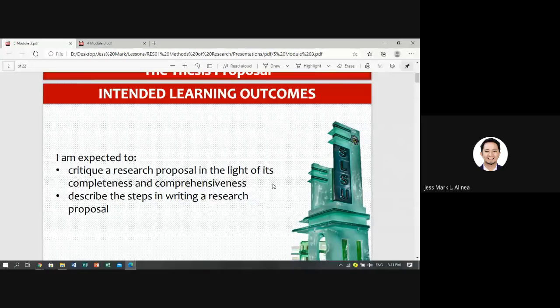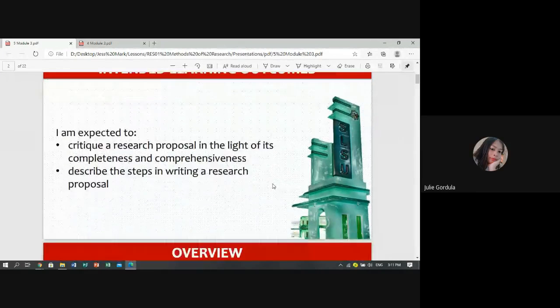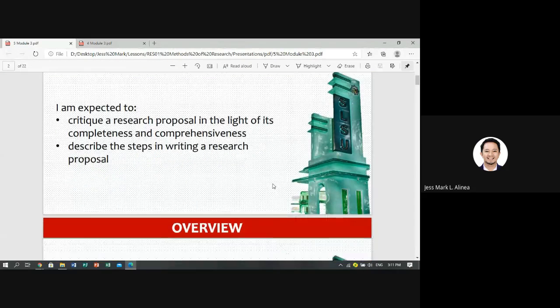Pakibasa. Intended outcome: critique a research proposal in the light of its completeness and comprehensiveness. Describe the steps in writing a research.